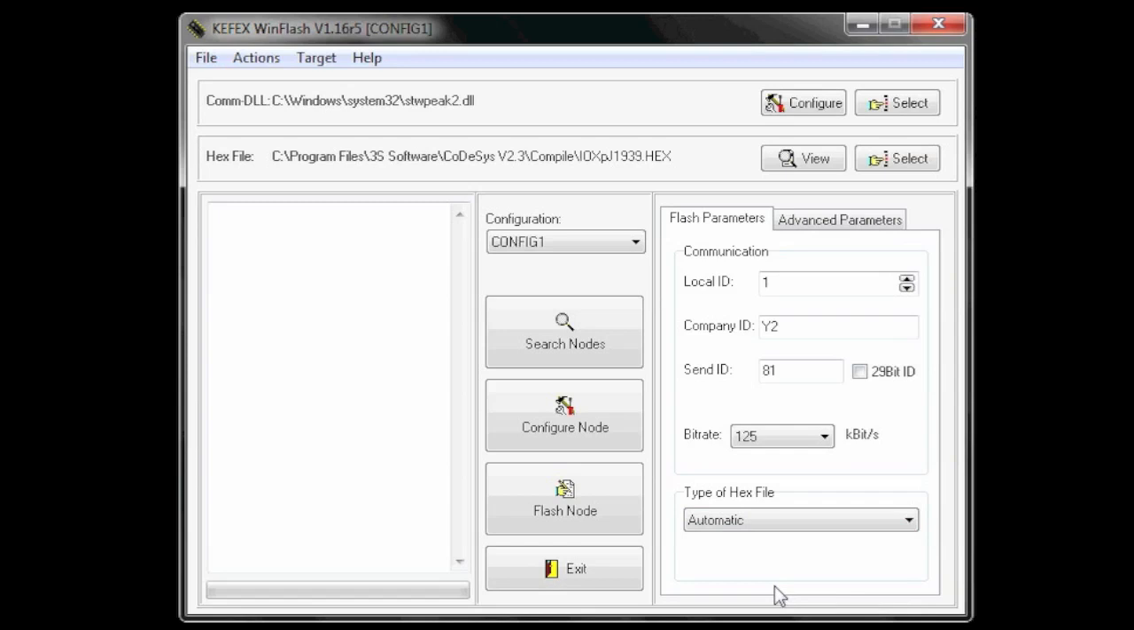Okay, so now we can move on to actually flashing the controllers. The center of the program here has three options. The search nodes and flash nodes buttons are the actual flashing buttons, but the middle one here will let us configure some items before we flash it. So my controller right now is set up for 250, and